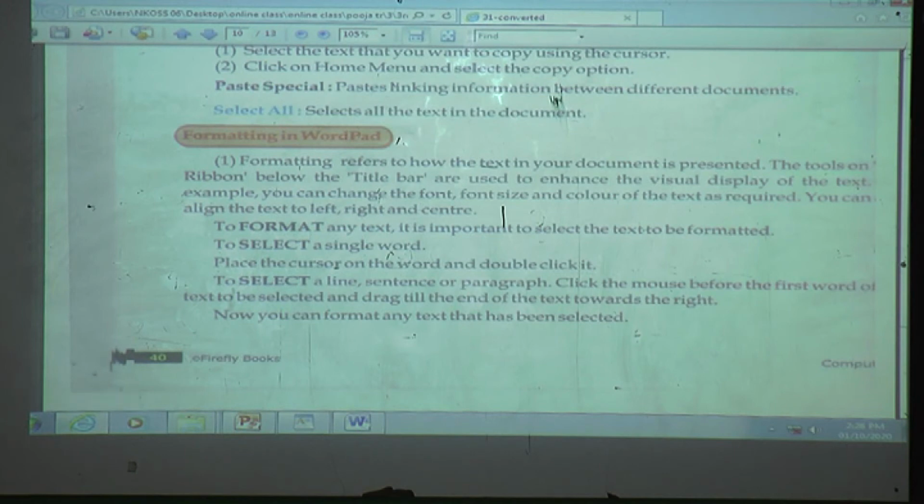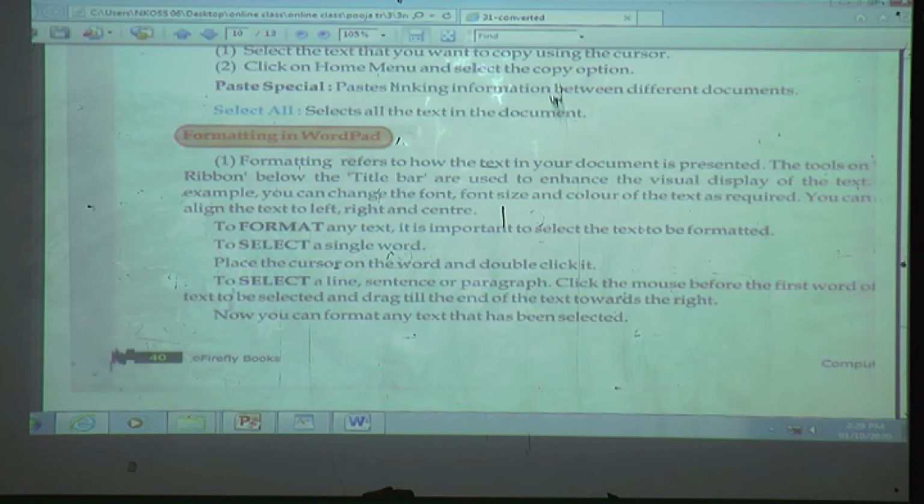To select a single word, how to select a single word? Yes. Place the cursor on the word and double click it. Next is to select a line, sentence or paragraph. How to select one single line, sentence or paragraph?